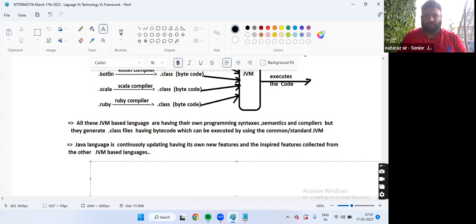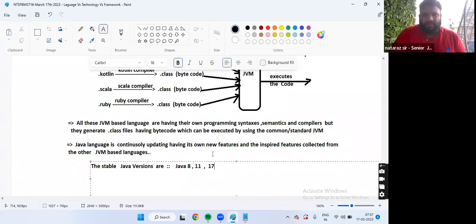Okay, guys. The stable Java versions. Stable means they are proven, boss. They are doing well in the companies. The stable Java versions are Java 8, Java 11, and Java 17.